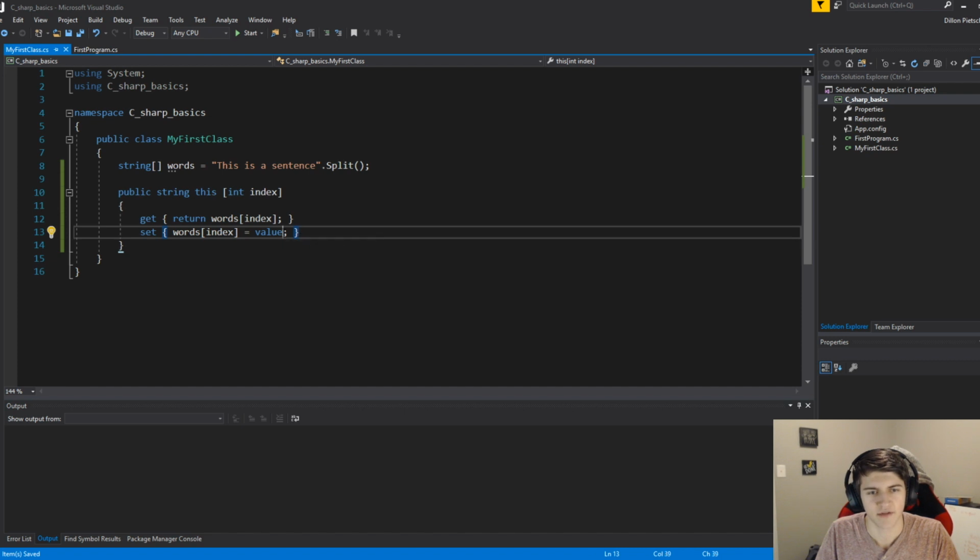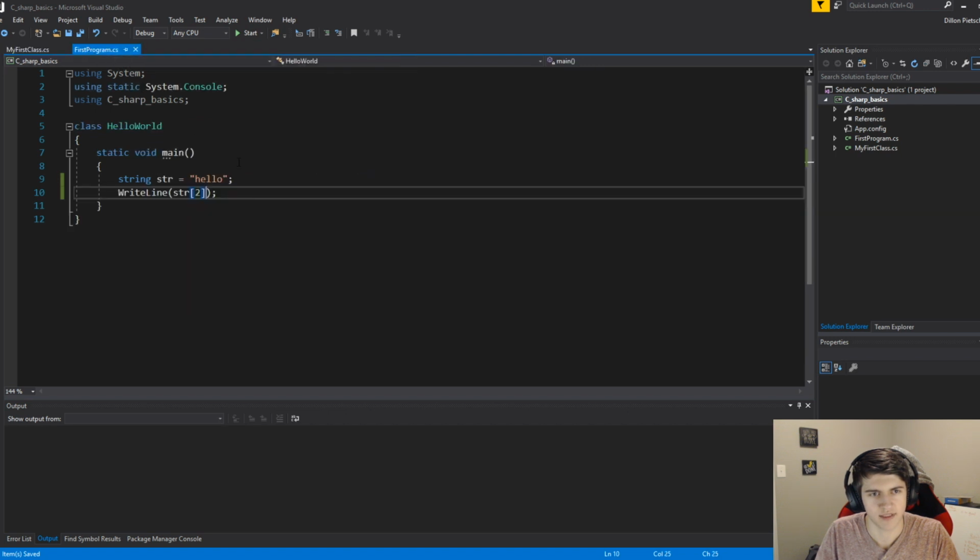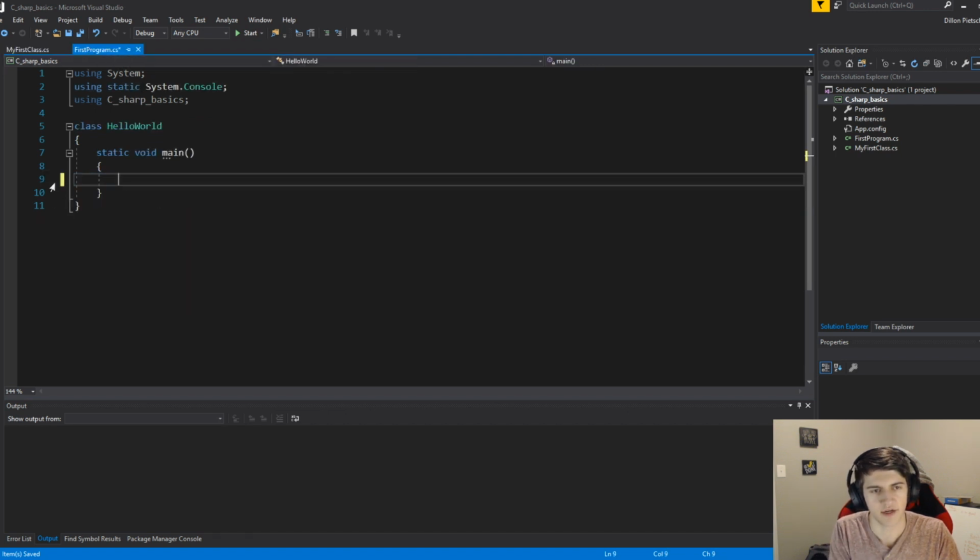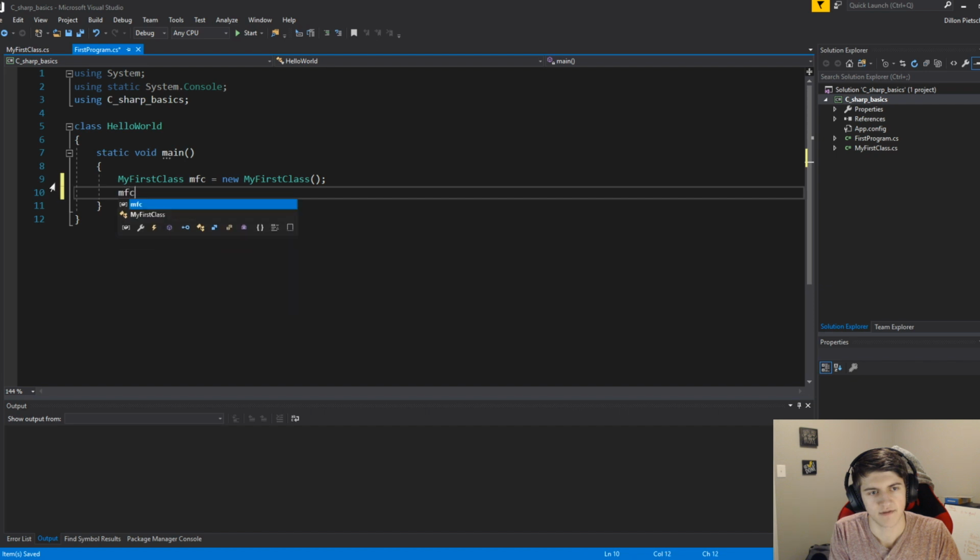And then for the setter, we'll say that words at the index position will equal some value. And I just realized, value is a reserved keyword, I can tell that. It looks like if we were to go back in and import this class, let's create a new my first class instance. MFC equals new my first class. We don't need to pass in anything. And then if we do MFC at the first position,